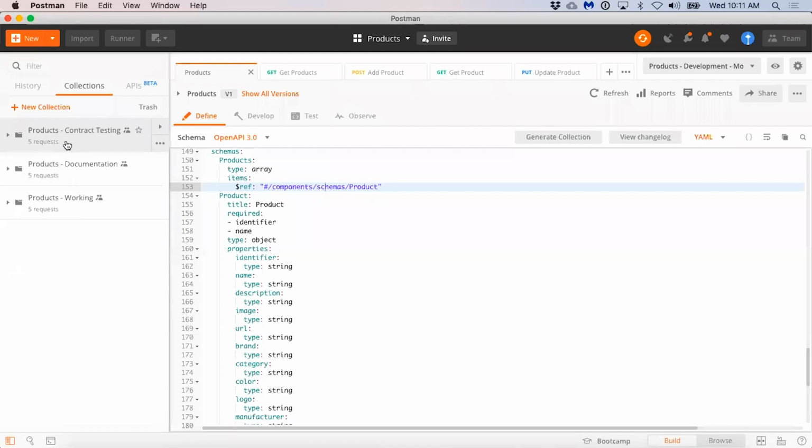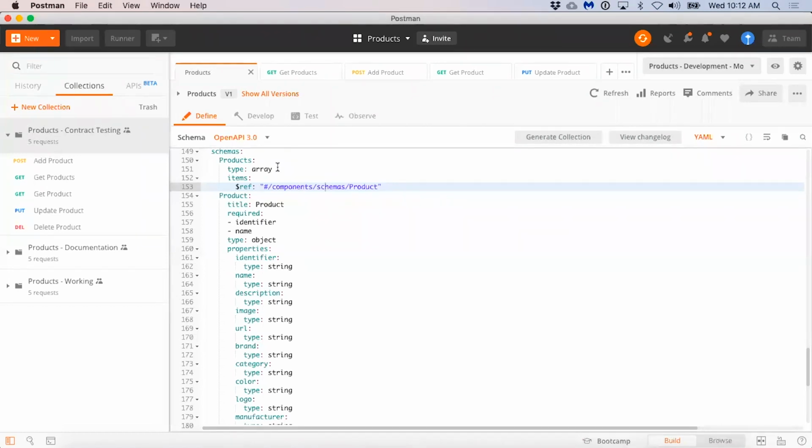So this contract test for products can be manually run. It can be scheduled using a monitor and run on a schedule using different cloud regions, or it can be run as part of any pipeline or any infrastructure using Newman, making this contract test that we create during this build and test process something that can be used throughout the lifecycle of the API.